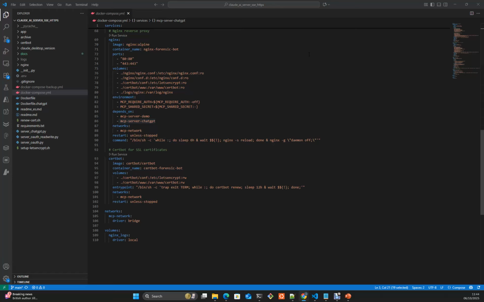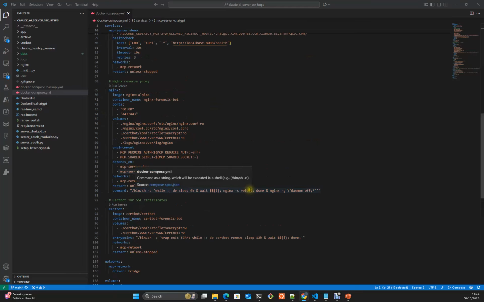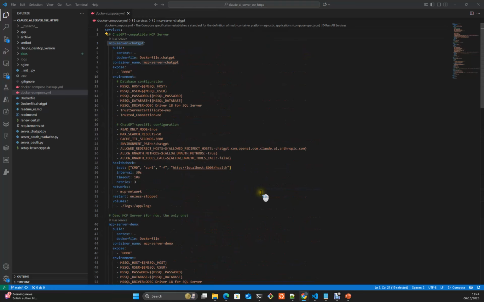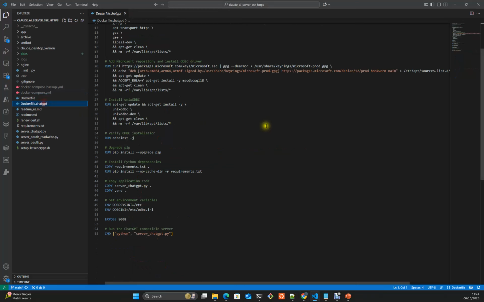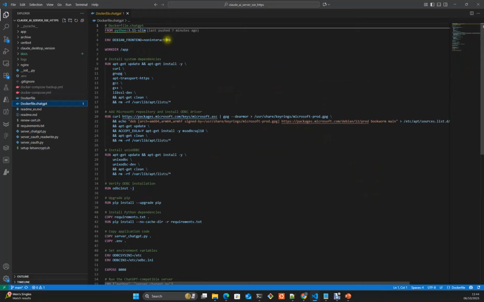The NGINX server, as I mentioned before, is the termination of the SSL tunnels. This means that we had to install the certificates and the certification chain of the certification authority in the NGINX server. So we had four Dockers running on our Docker Compose project. The ChatGPT one is exactly the same as the other one. We are using a conventional